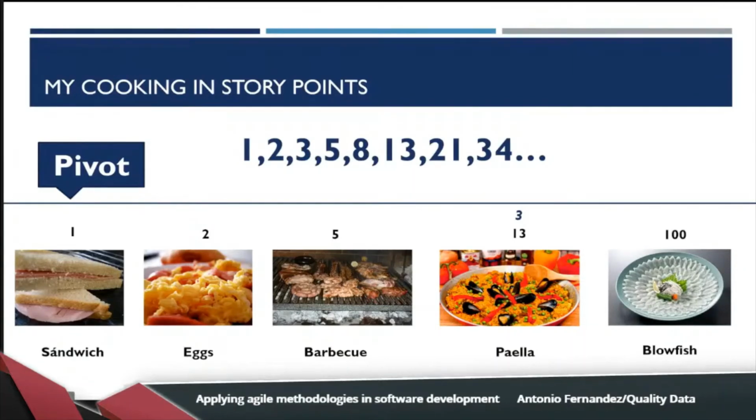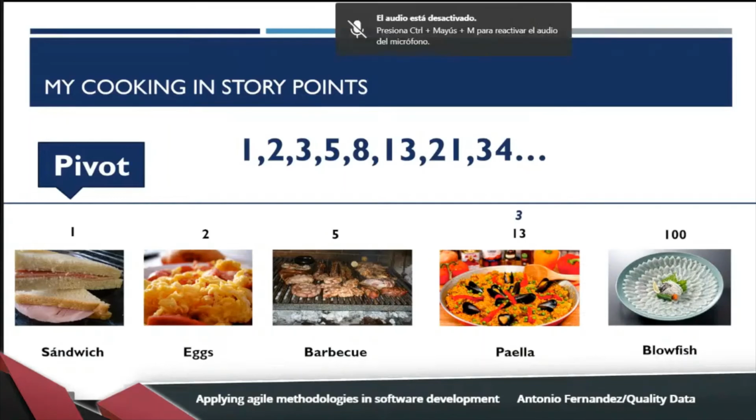Sure. In our company at Quality Data, we use these methodologies in our projects, and we develop value with each iteration that we finish. And story points are a standard, maybe in the industry. We can find how to assign this score to the user stories in tools like Jira or Azure DevOps. And it's very useful around the world. And with time, it's more used in different projects.